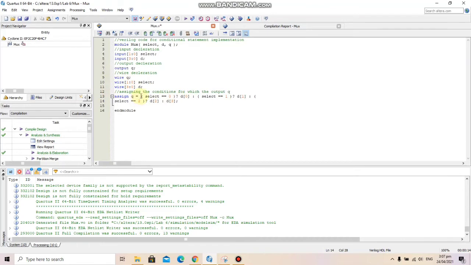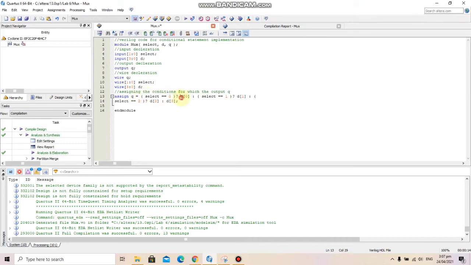In the first statement, it is broken into 4 parts. This is the first part, this is the second condition, this is the third condition, and after this semicolon, this is the fourth condition. The conditions are constructed before the question mark: we tell what the input condition is.